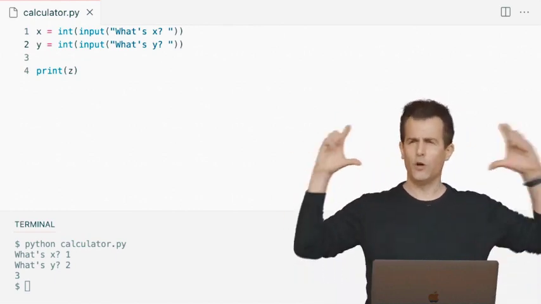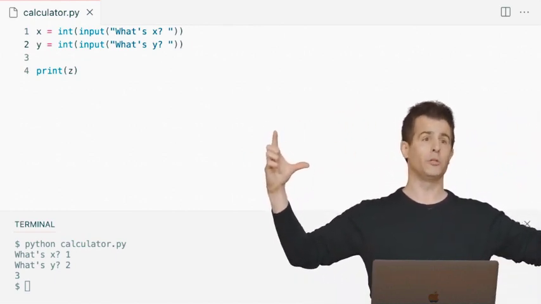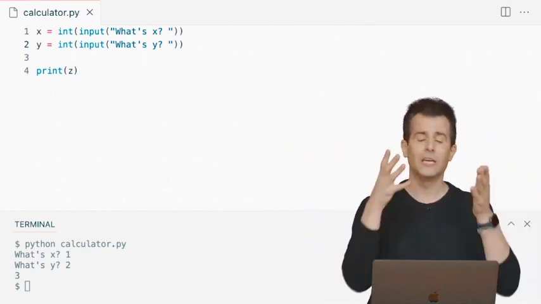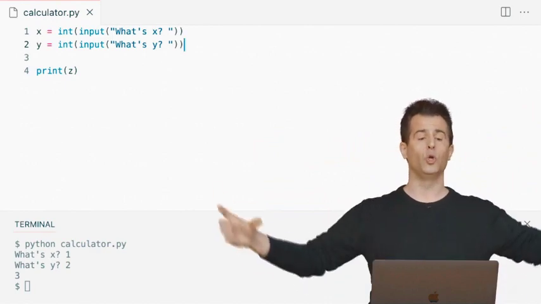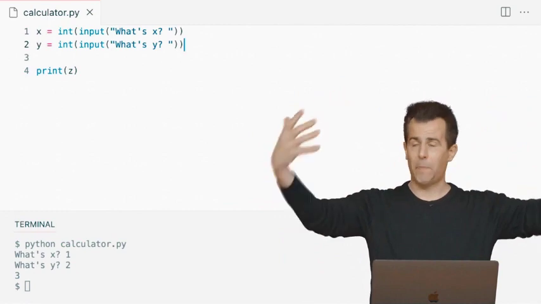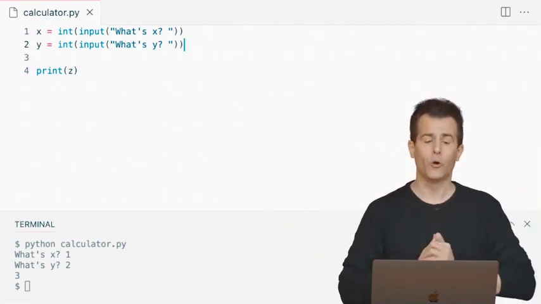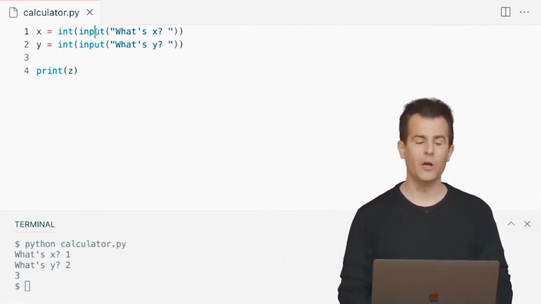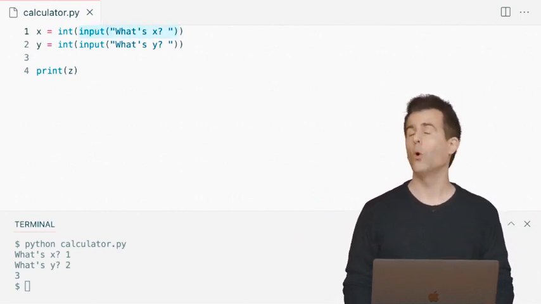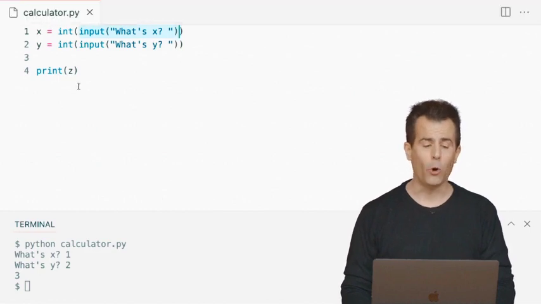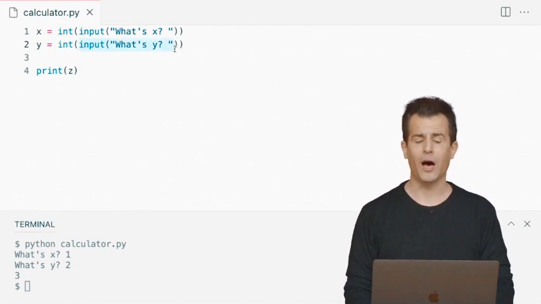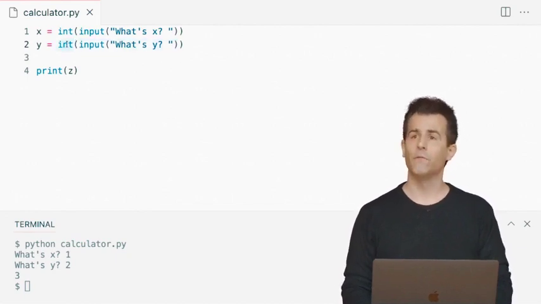So just like in math, if you have parentheses, parentheses, parentheses, your teacher probably taught you to focus on what's inside the innermost parentheses first and then work your way out. Same thing with programming. That's what Python's going to do. It's going to look at what's inside of the parentheses first. It's going to get the answer, and then it's going to pass the return value to the outermost function. So what happens on line 1 now is that the input function gets called first. Then the result of that, quote unquote 1, becomes the input to the int function. And same on line 2. The output of what's y becomes the input to this int function.